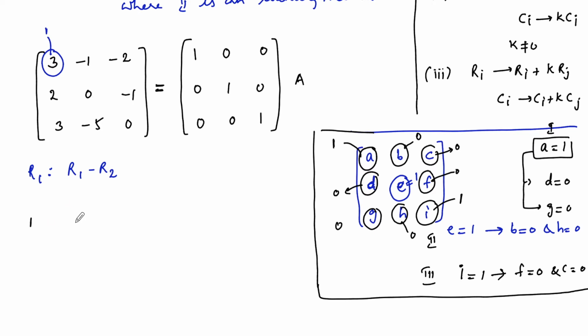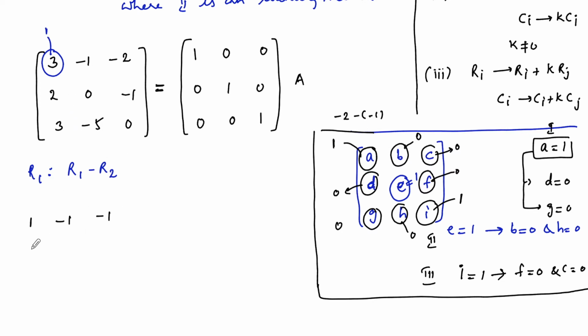Minus 1 minus 0, it's a minus 1. Minus 2 minus of minus 1. So minus 2 plus 1, we can say that is minus 1. So you can just do rough work if you want. Minus 2 plus 1. Minus 2 minus of minus 1. It's a minus 1.